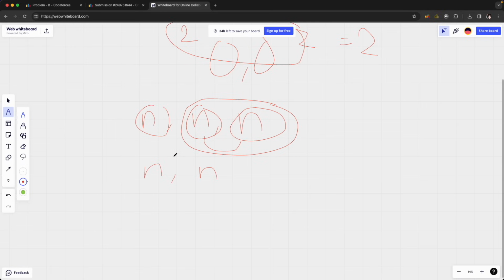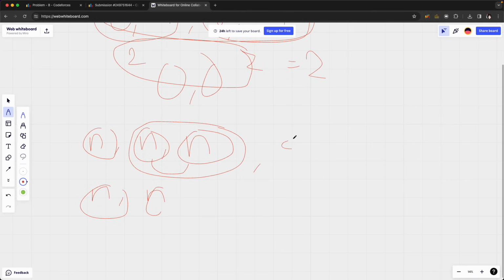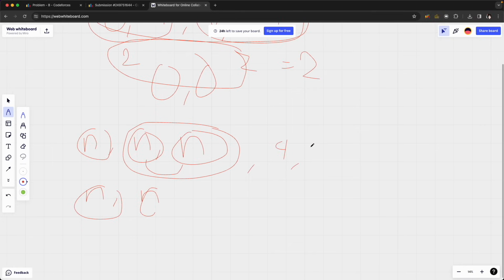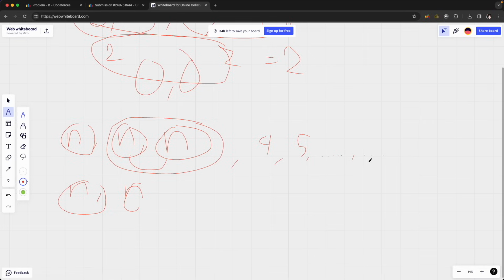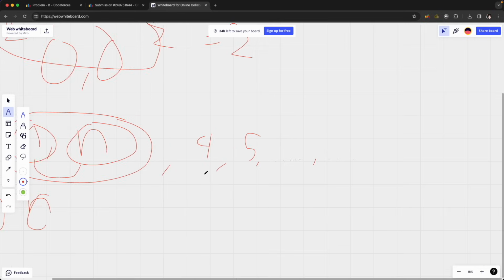We can combine these two subsegments into one, and we have two, and four, so on for 4, 5 to infinity. Okay,